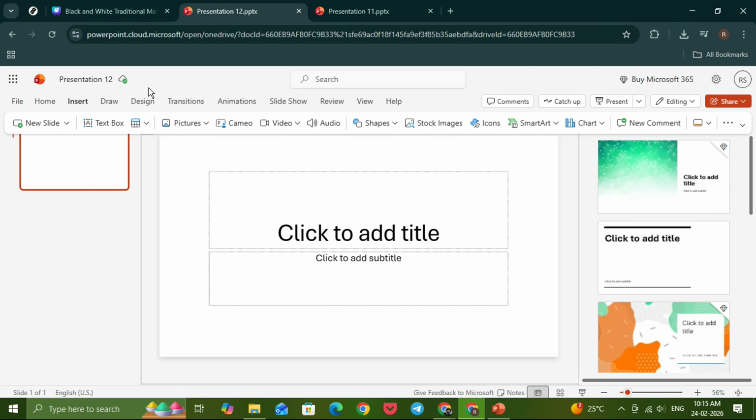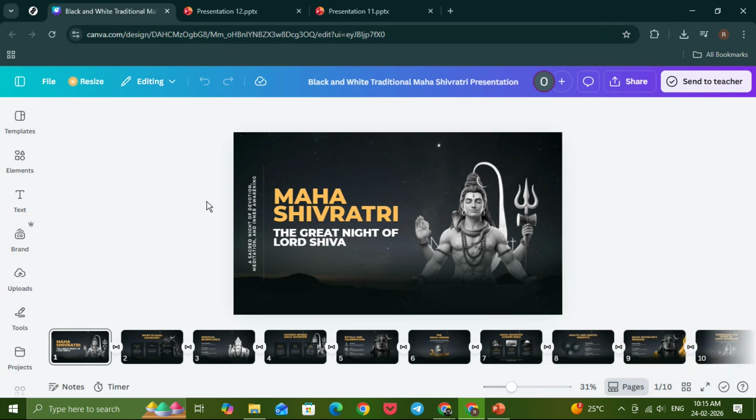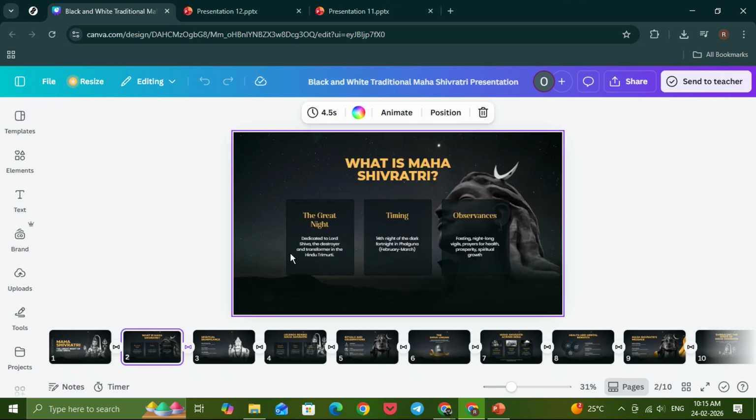Alright, let's get started. First, open your Canva design. Go to canva.com and log into your account. Open the presentation that contains the animations you want to export. Before moving forward, quickly preview your presentation inside Canva to make sure all animations and transitions are working exactly how you want them. Once you're happy with everything, go to the top right corner of the screen and click on